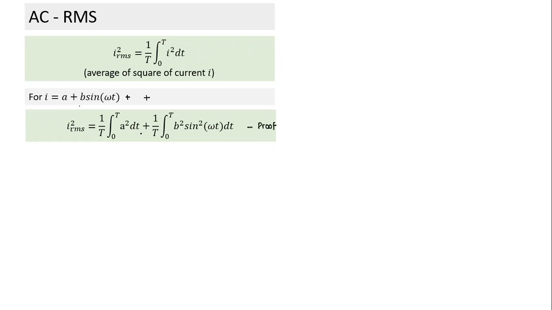The result was equivalent to not taking the square of the whole thing. Take the square of each term separately and find its average value. Not the square of the whole thing, because when you square it, the product of these two terms cancels out. This is something we had done, and without proof, we extend this to other cases also.